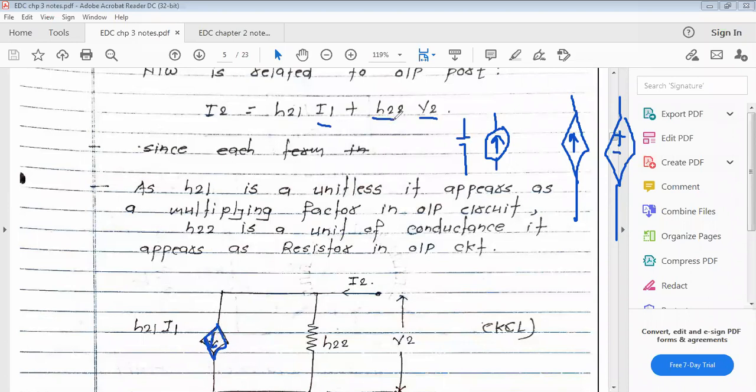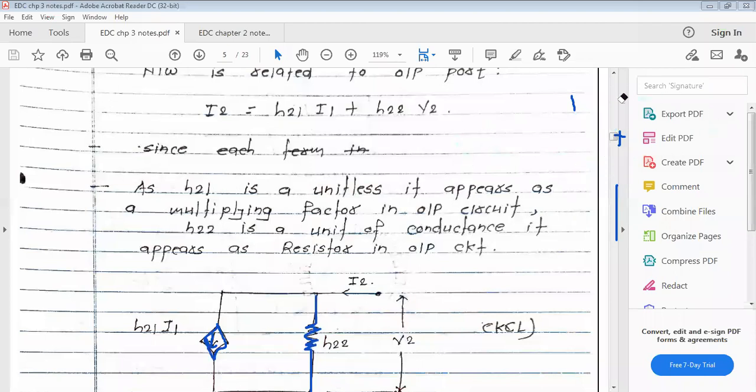Now, what is H22? Again, it is admittance. Admittance is the same as 1 upon resistance, but what is the symbol to show the admittance? It is the same as that of the resistance, and that's why we are showing the resistance here. Now there is a standard rule over here. See, what is the rule? Whenever we want to show any current source, the resistance is always in parallel. Whenever we want to show the voltage source, the resistance is always in series.